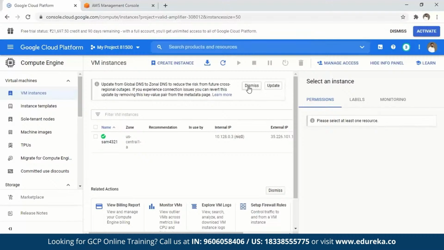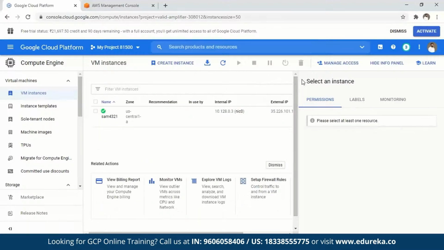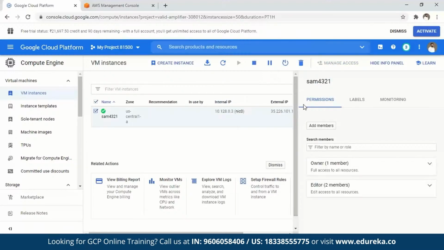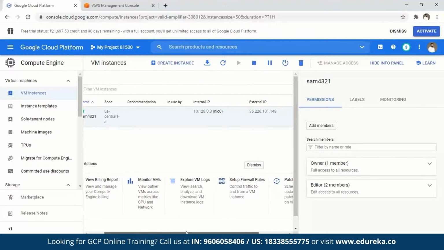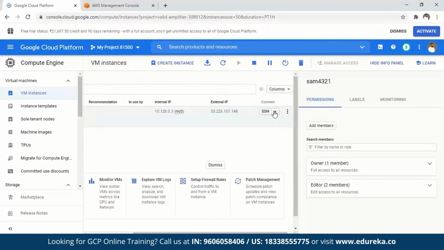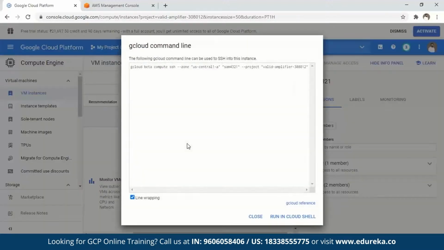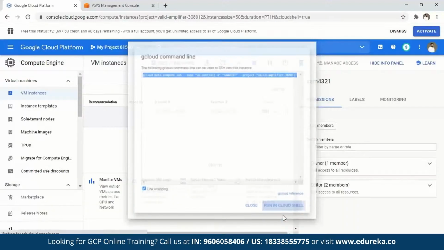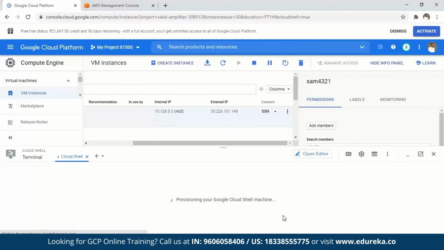Yeah, so it is giving me a notification. This I can dismiss because I'm going to delete this instance anyway once its usage is done. I don't want it, I'm just going to scroll past it for now. It gives me different ways to connect. I can use SSH to connect to it. I can use it in a different browser as well. Open browser windows with private SSH key and use this command. This is the easiest way. Let's select this, copy it, and say run in Google Cloud Shell. Within a minute, my instance would be up and running and I should be able to connect to it.